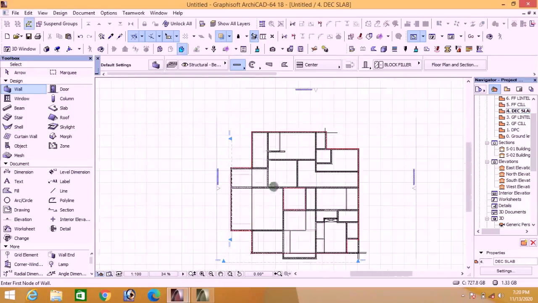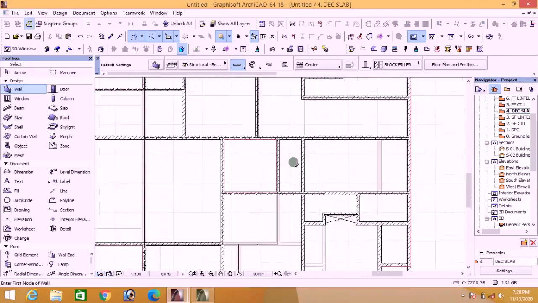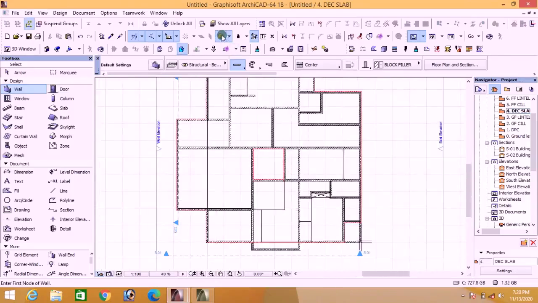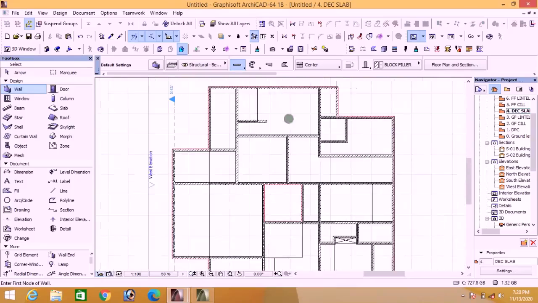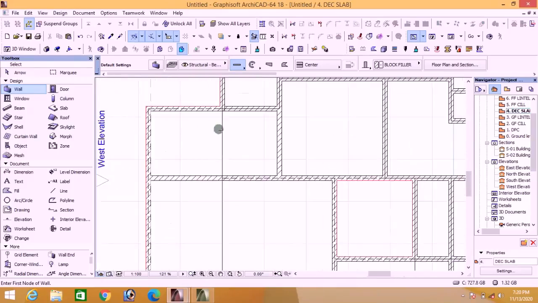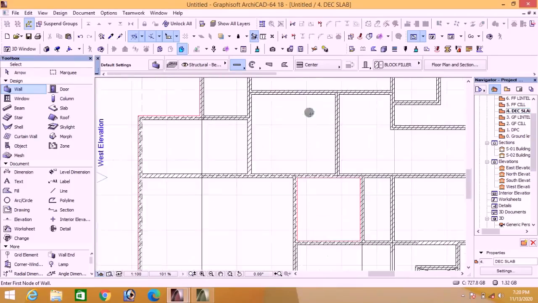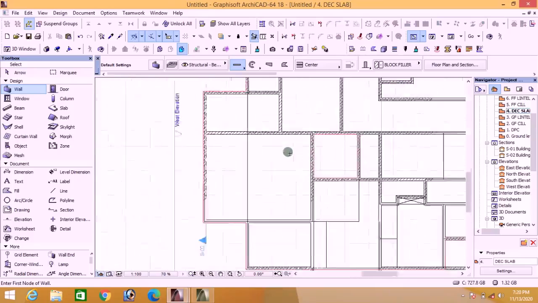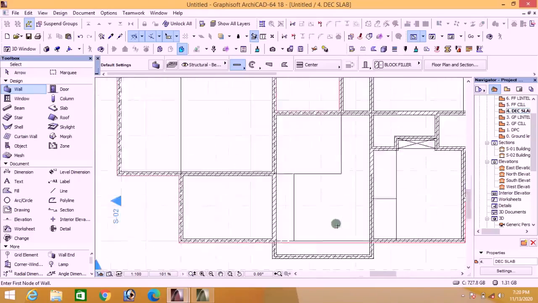Now let me turn off my trace so that I can see what my plan looks like up here. Off this trace, you can see. Now this becomes the madam's room. This is the staircase. This is the master's toilet and bathroom. This is the walk-in closet of the master. This is the master's bedroom. This entire place